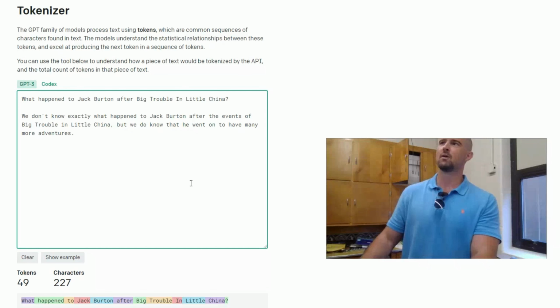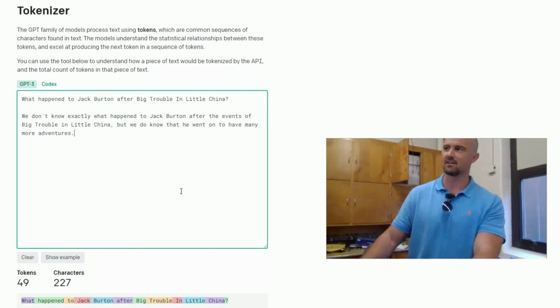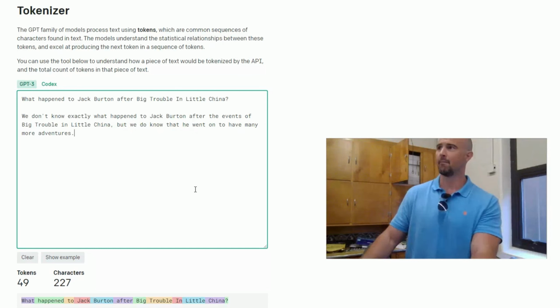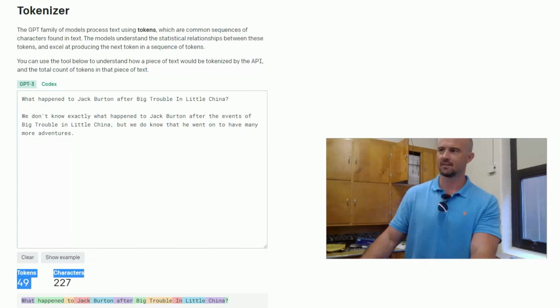Okay, so I'm not going to break into a lot of this because it's just frankly above my head. I'm just trying to figure this out as I go. But this whole thing runs on tokens, and those tokens have an associated value with them. It works out to be about 4 characters per token, give or take.